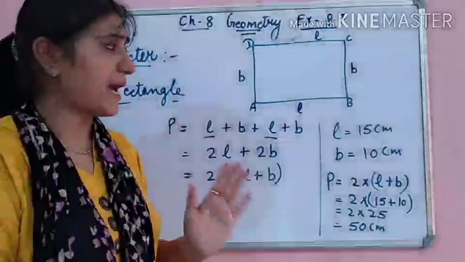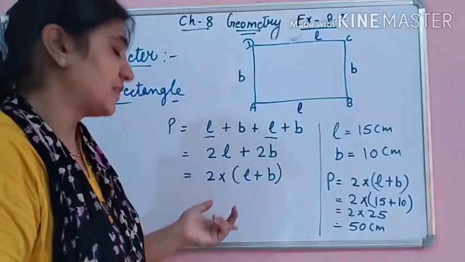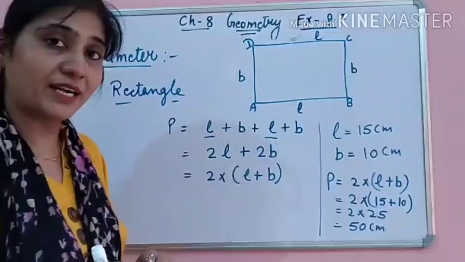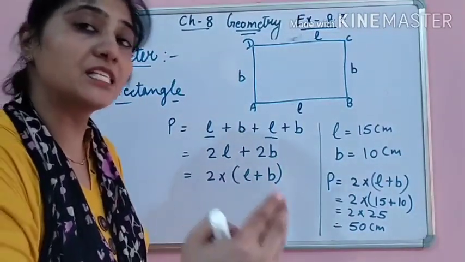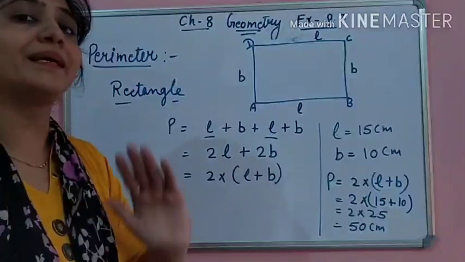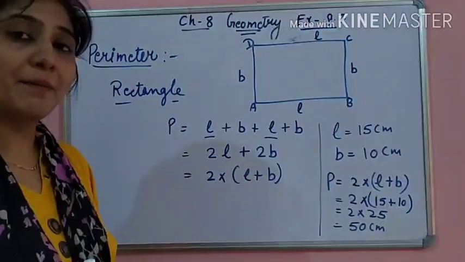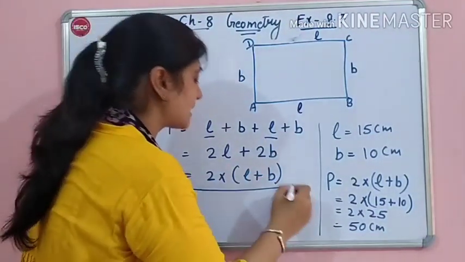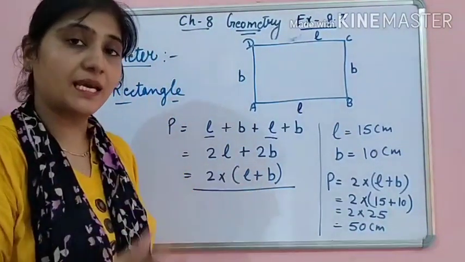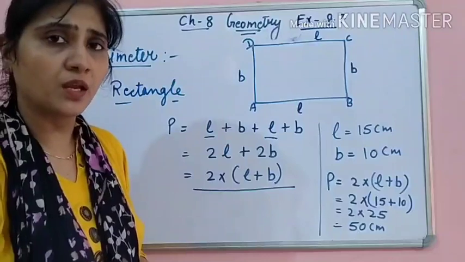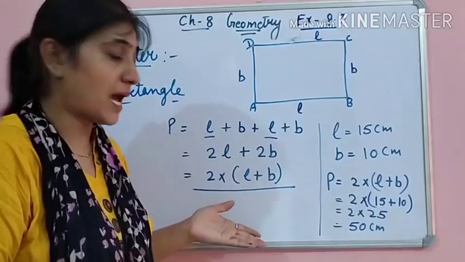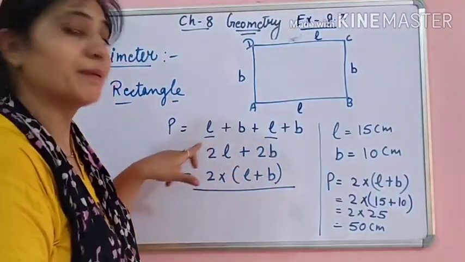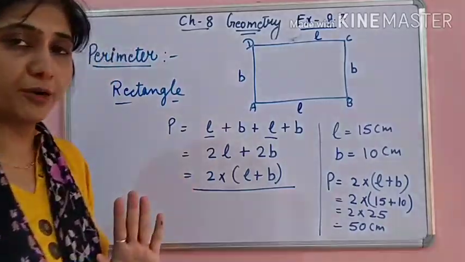You can find it directly by adding them, but you should learn the formulas. Okay, what is the formula to find the perimeter of a rectangle? 2 into (L plus B). And what is L? L means length. And what is B? B means breadth. 2 into (L plus B). Because these types of questions will come for 1 mark, in MCQs also, sometimes in fill-ups also. So that's why you should learn this formula, and I have already discussed how we can derive this. I have just told you how this came. I hope it is clear to you.